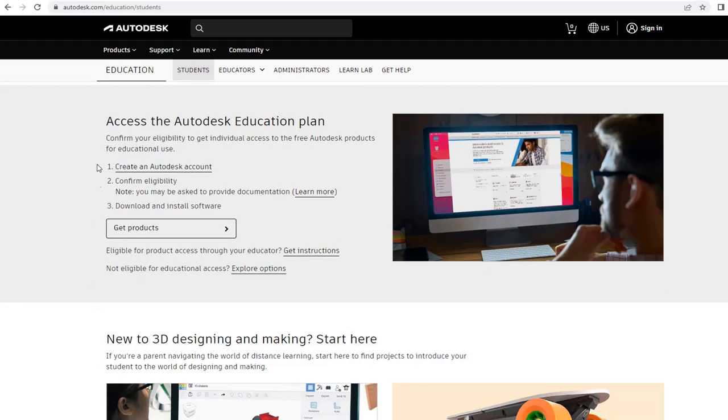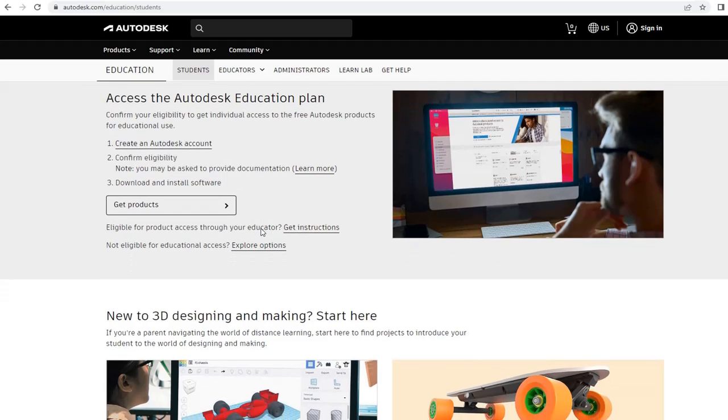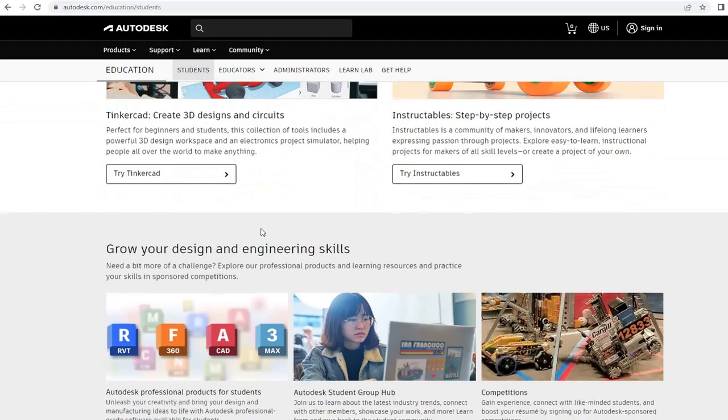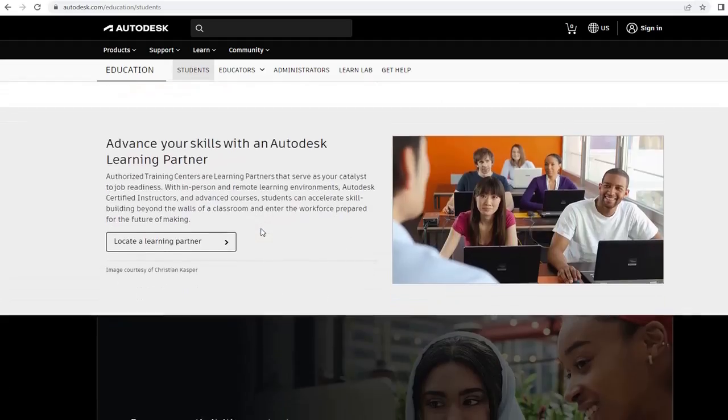Before going there, this area under students lists the items I just talked about: create an Autodesk account, confirm eligibility, and download and install software. They'll be active just for 1 year immediately after your activation. So if you scroll down,